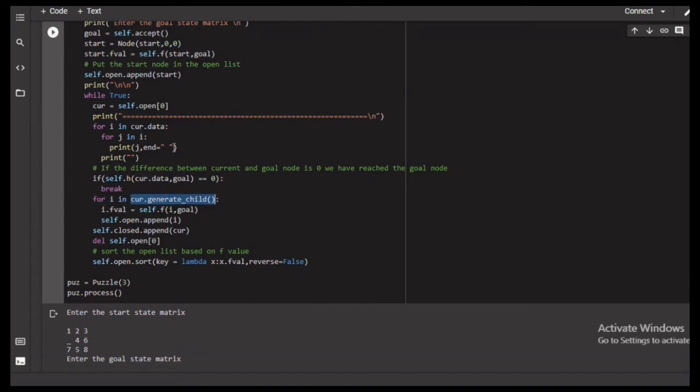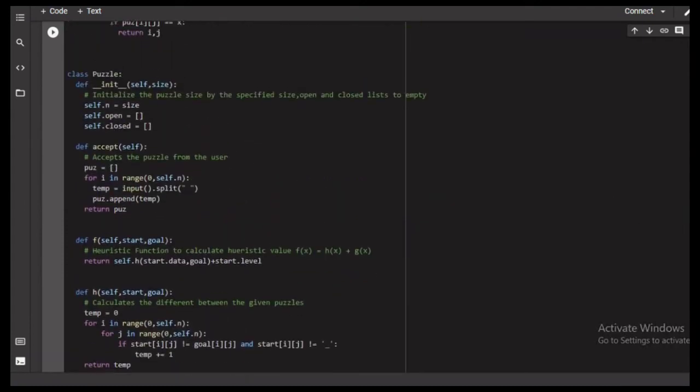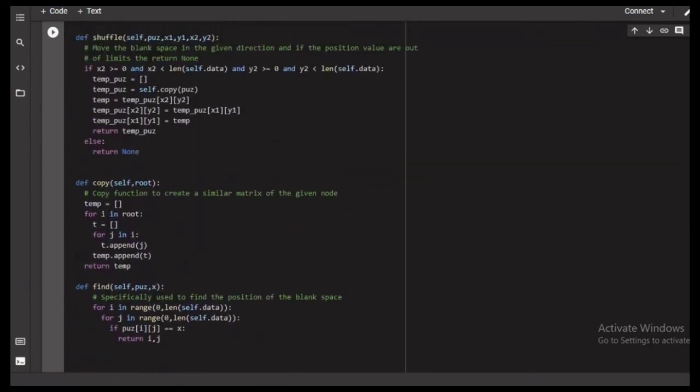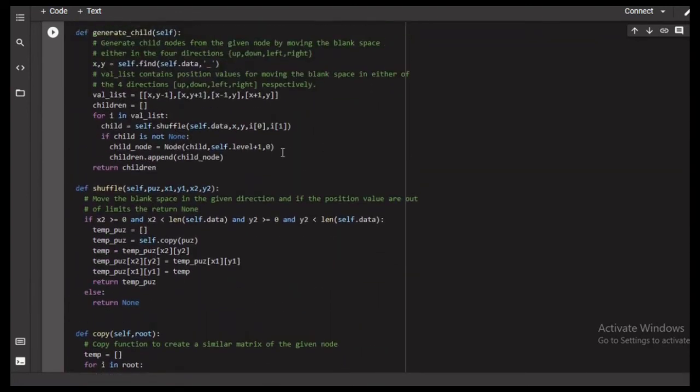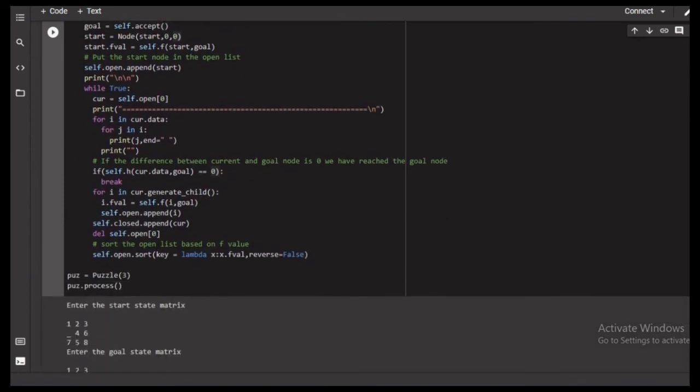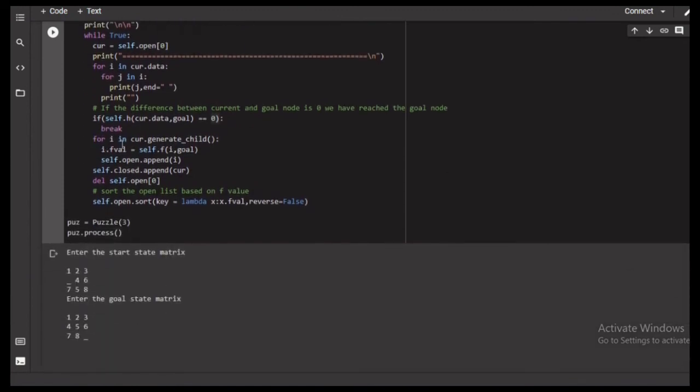As we have, while creating children of that particular node, to calculate the f value, so we need to assign a proper value. For that we call the f value function for that particular value, and the second argument is the goal. After that it will calculate the f value and return it. After that we are pushing the particular children into the open list.